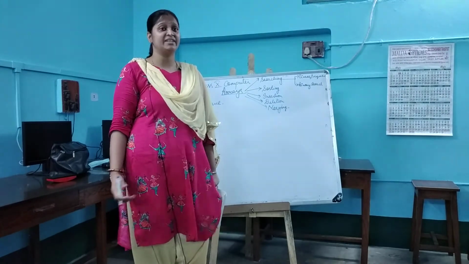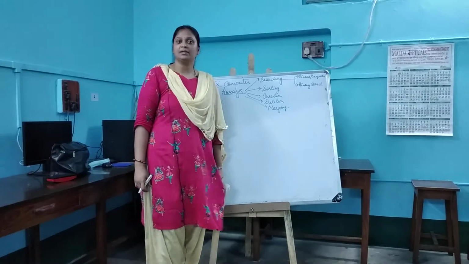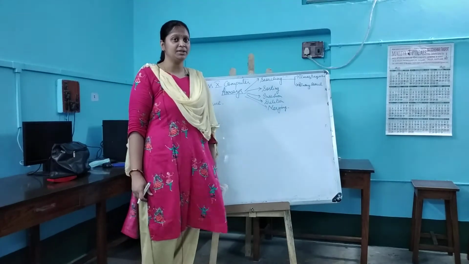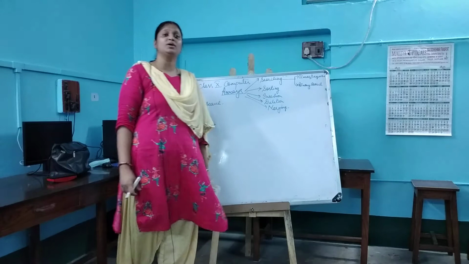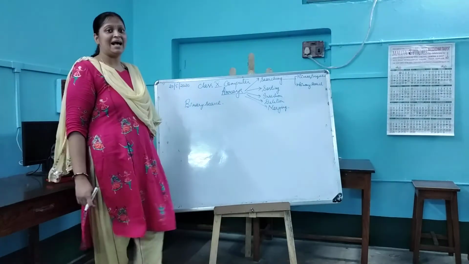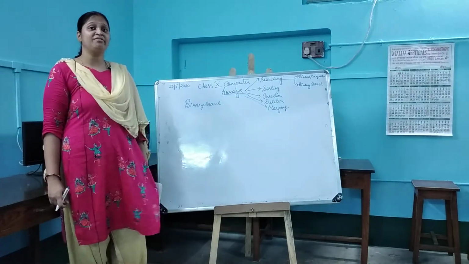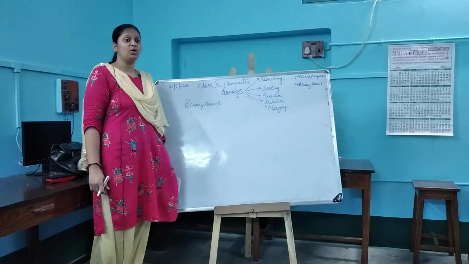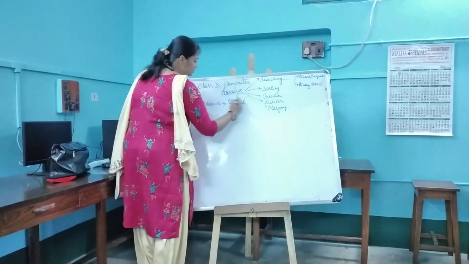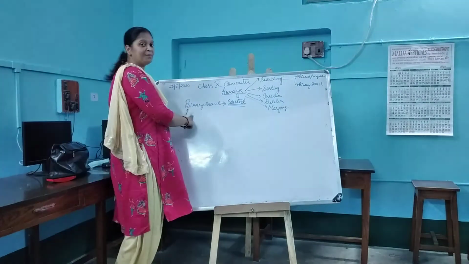Sorted means if it is arranged, it is called a sorted array. So linear search ignores the sorted form. It doesn't worry about whether the list is sorted or not, it keeps on checking. Whereas binary search sees whether the list is sorted or not. That means you have to be very conscious that binary search always goes with a sorted array. The array or list of elements needs to be sorted first, then only you can use this binary search technique.